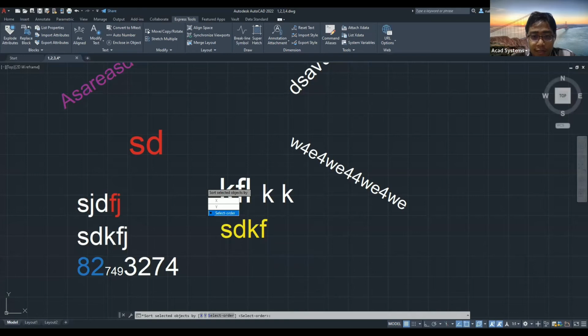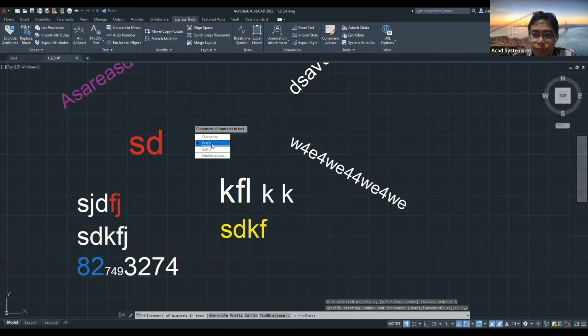And over here, I can select in the start and also the increment. So let's say for the starting, I want my number to be 3, and I want my increment to be 2. So 3, 5, 7, something like that. So when I press enter,